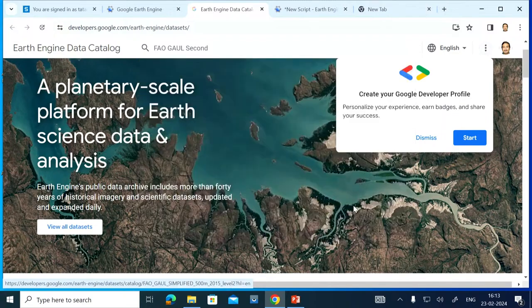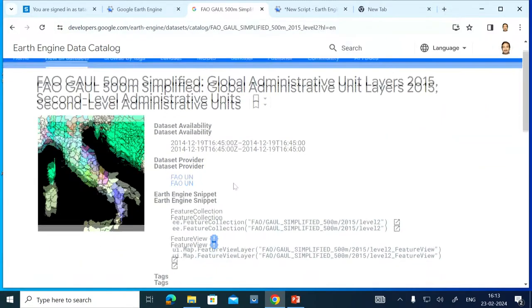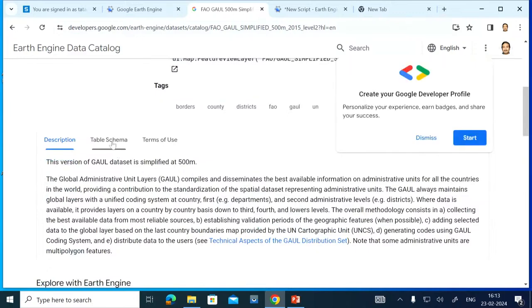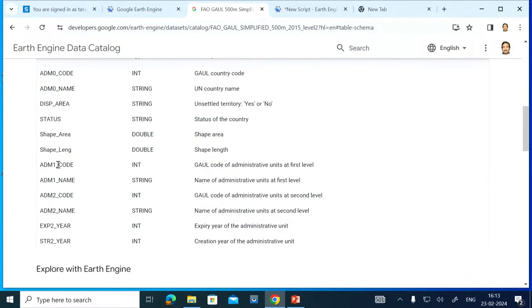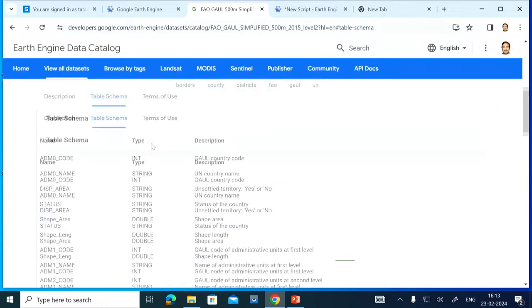If I click it, it will show me the table schema. Now you can see ADMN2 name is also there. So this particular dataset is required, and I need to use it in the engine.